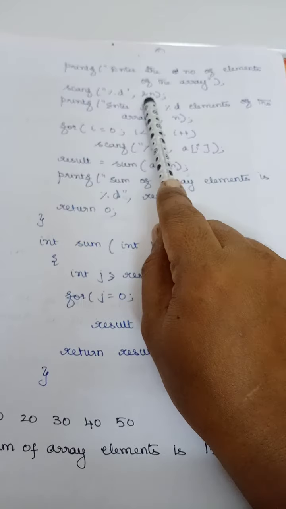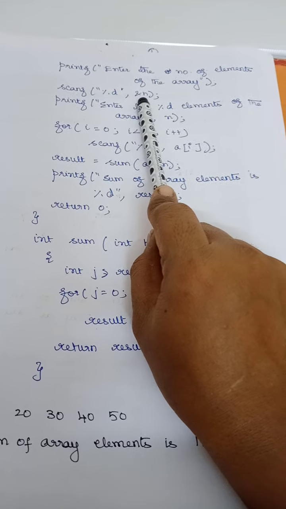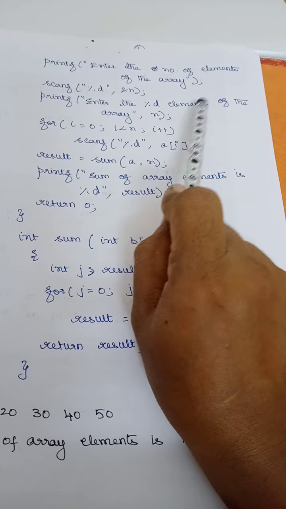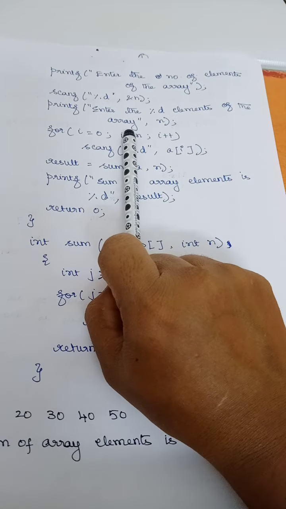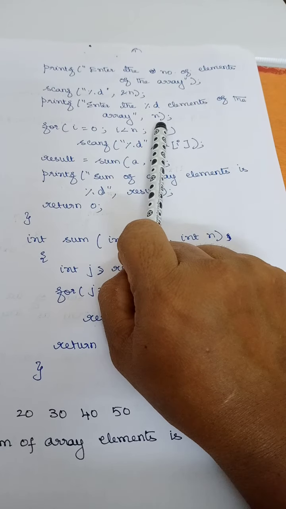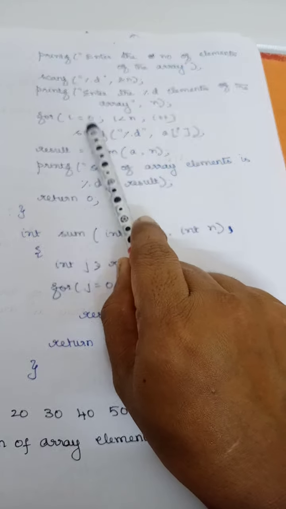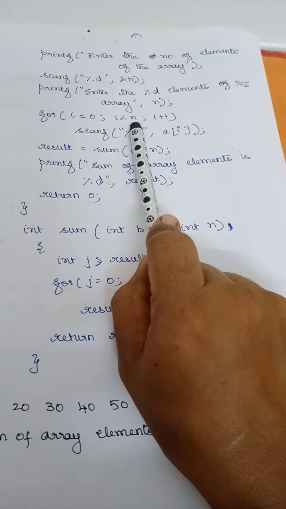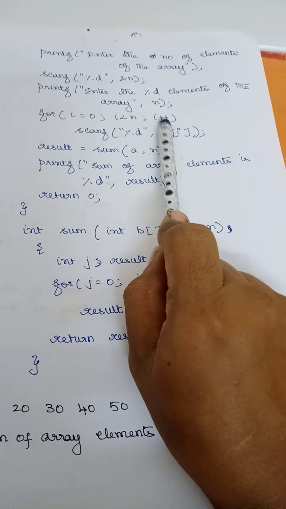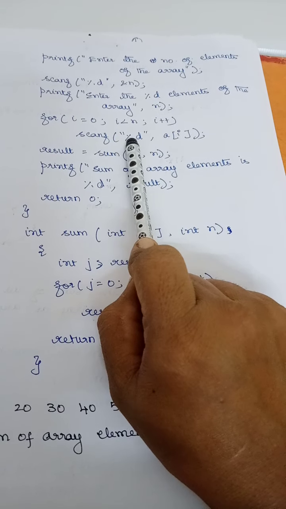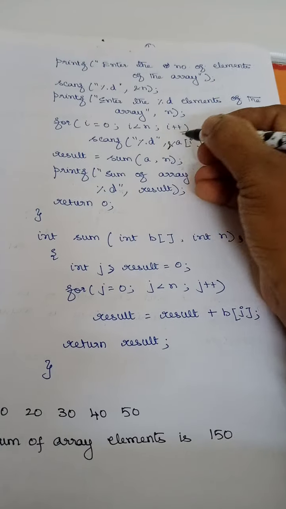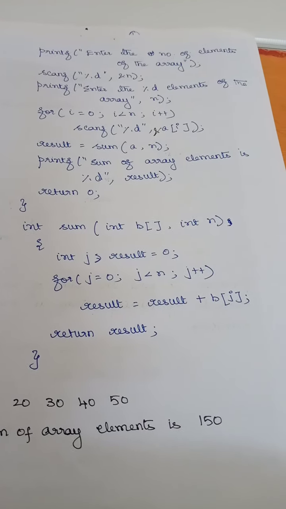For example, if I give the number of elements to be 5, then I have to read 5 elements. So I will write, enter the 5 elements of the array. Clear? And here I need to print that n value, so I have got n. Now for i equal to 0, i less than n, i plus plus, I need to read n values, 5 values one by one. So I will write scanf percentage %d, use ampersand a of i. Is that clear?